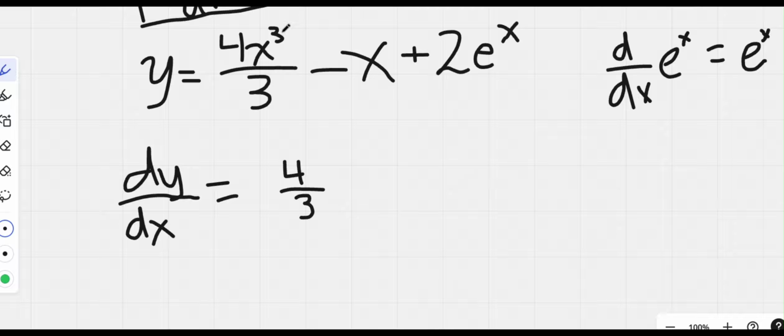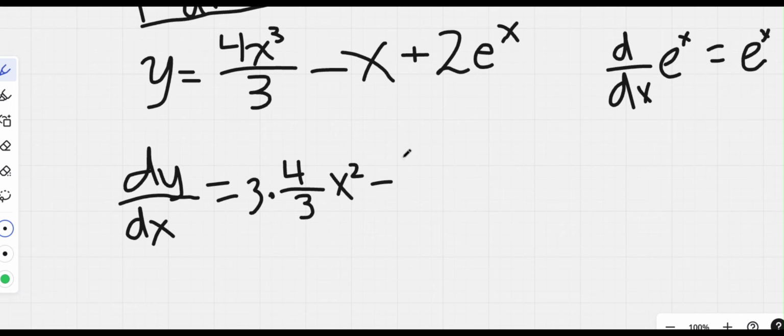Now remember, this 3 comes out in front, so we're going to write that as 3 times 4 over 3 x to the 3 minus 1, which is, you guessed it, simply 2,